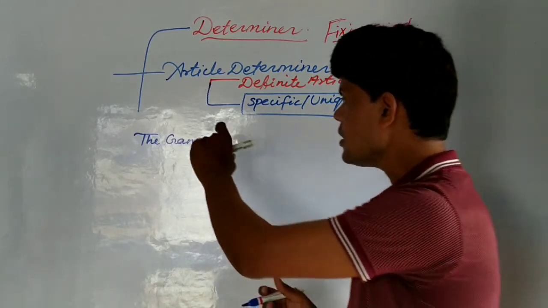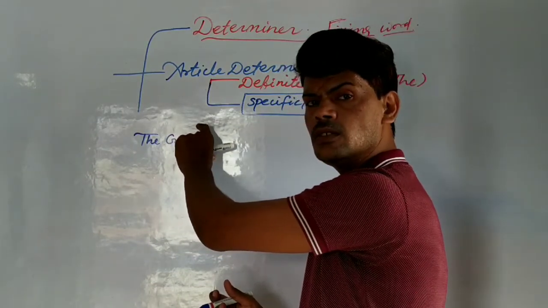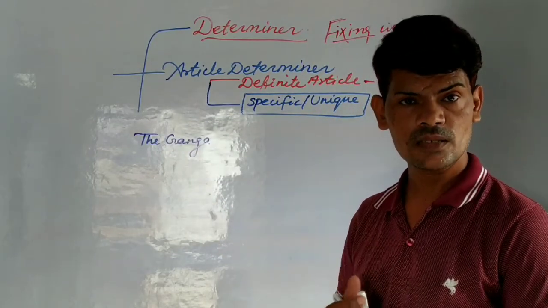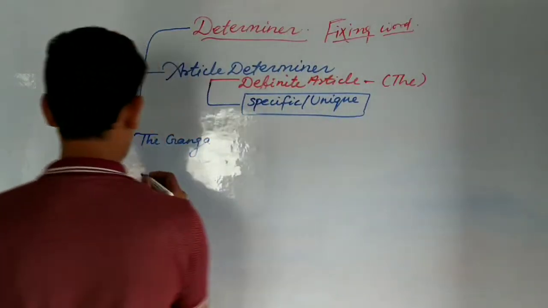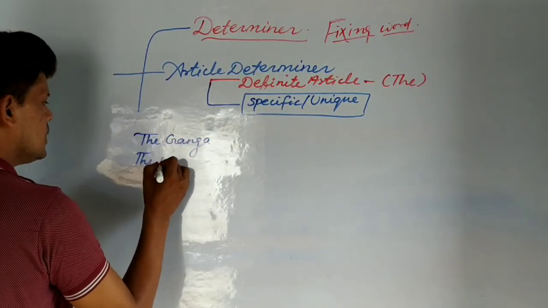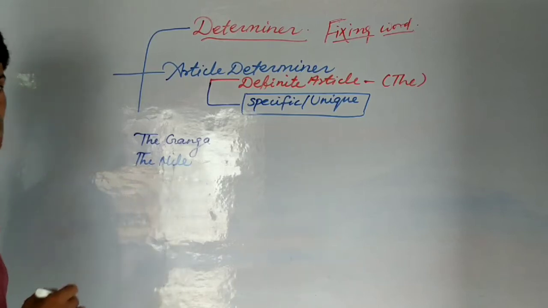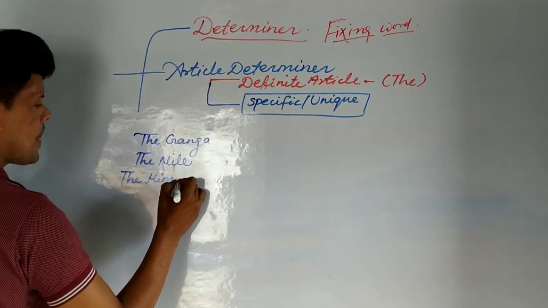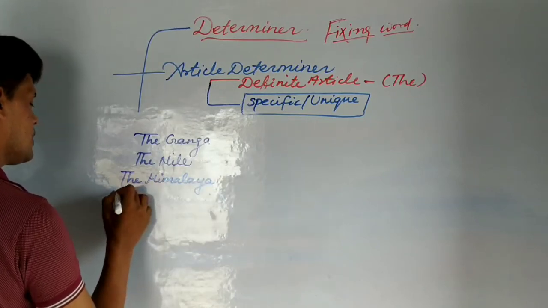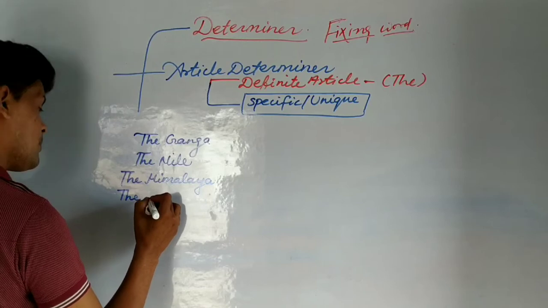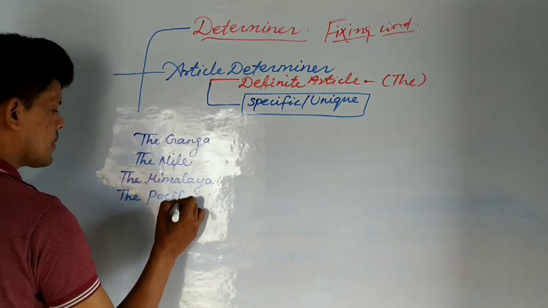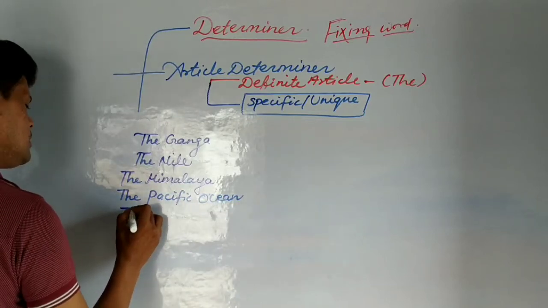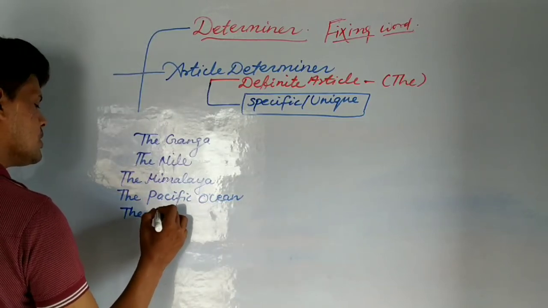When we are especially talking about river Ganga, this is unique, this is specific. The Ganga, the Nile, the Himalaya, the Pacific, the Sahara Desert,